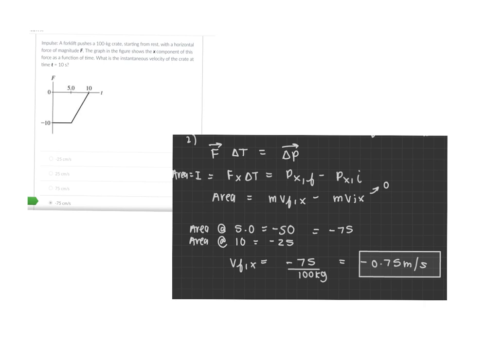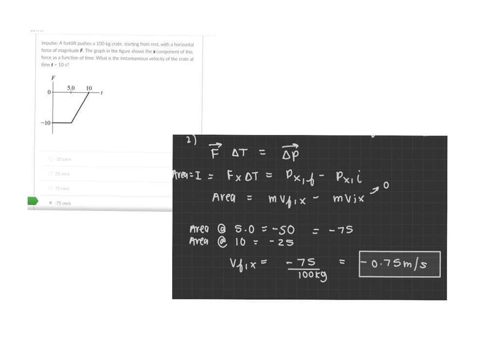So for this problem, we want to find the velocity that's needed to make this exponent a function of time. Basically, how we do that is to find the area under the line, above the line drawn on the slope. So find the area: it's mv final of x minus mv initial of x, and the initial of x is 0. So basically, finding the area with the time at 5 seconds and the force being -10, we have